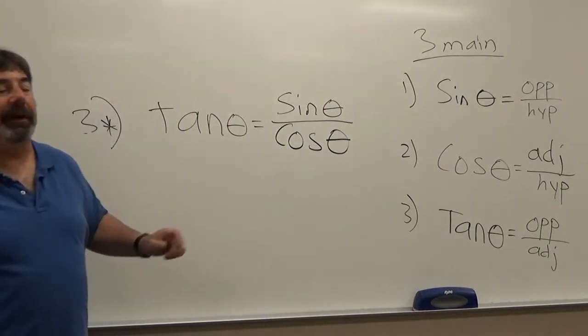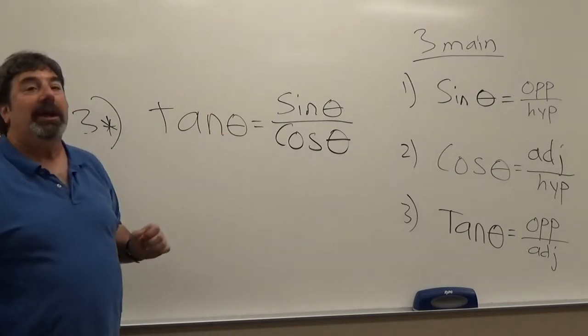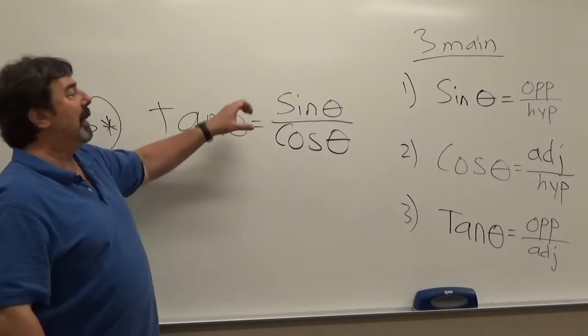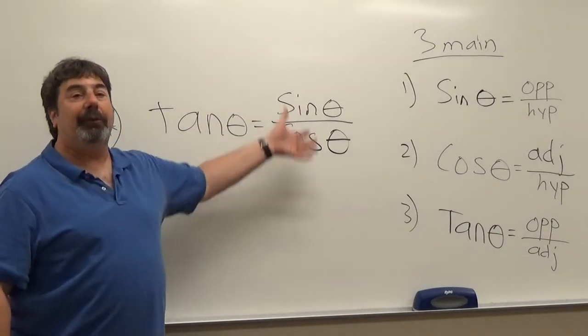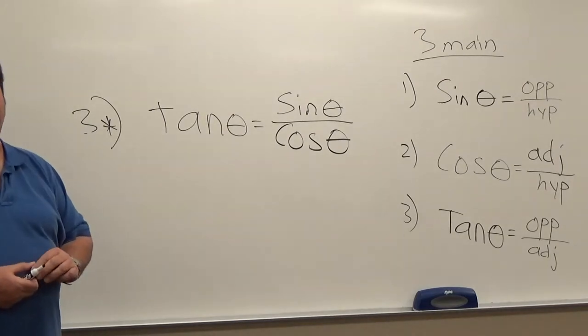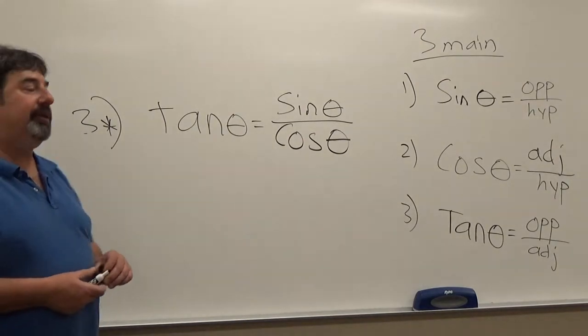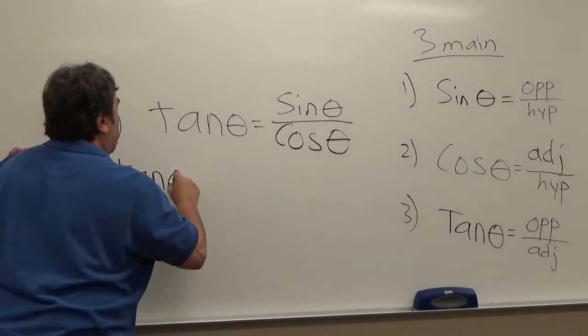So if they ask you for the tangent of an angle and you know its sine and cosine, you can find the tangent by plugging in the sine value at that angle over the cosine of that angle and then reducing the fraction. Okay? And I'm going to show you now why that works. Here's why it works. All right? The tangent of an angle,